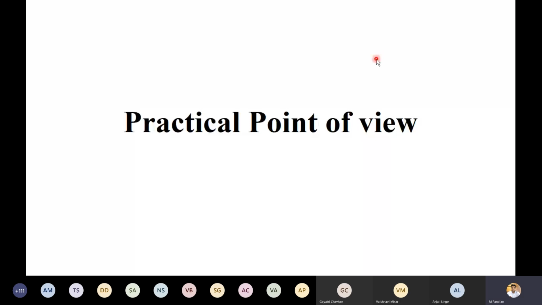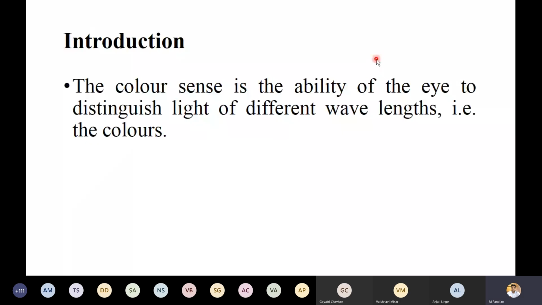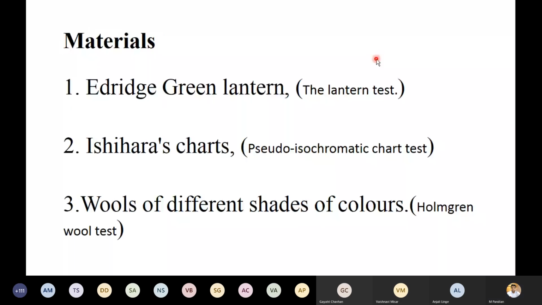The color sense is the ability of the eye to distinguish light of different wavelengths, that is the colors. What are the materials or apparatus required? Hering green lantern or lantern test, Ishihara chart, and wool of different shades of colors.